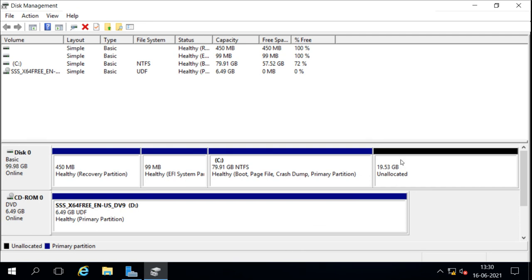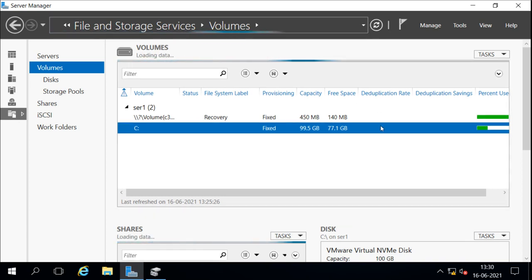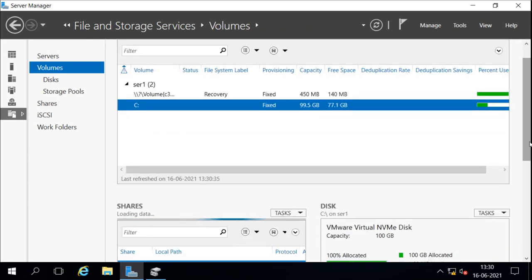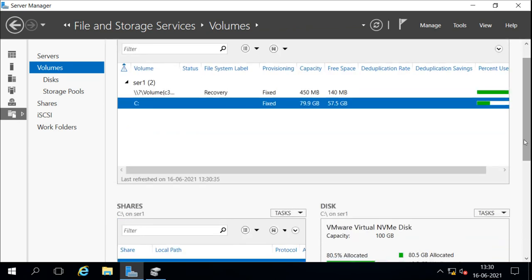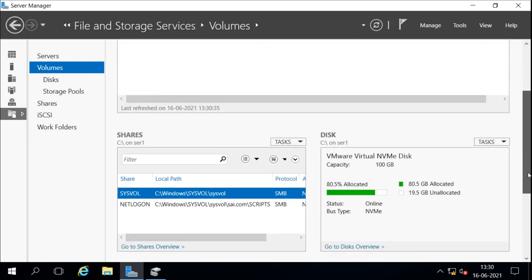I will go to server manager and I will refresh it. Now you can see here that 80% is allocated, and now we have some unallocated space, which we can use to create a new volume.